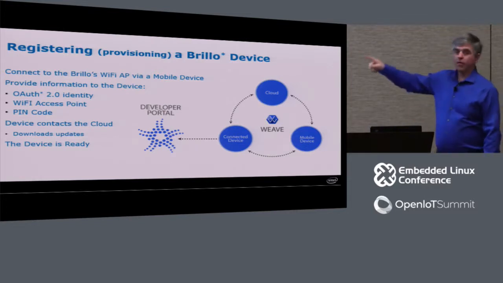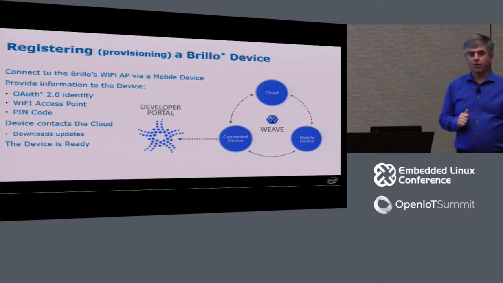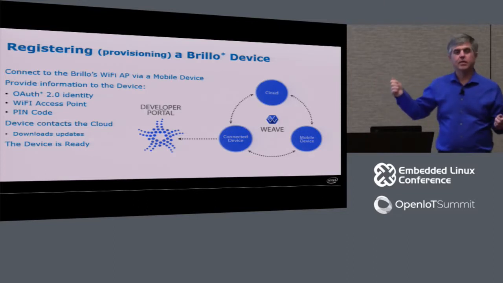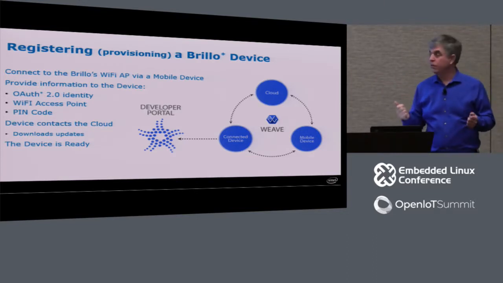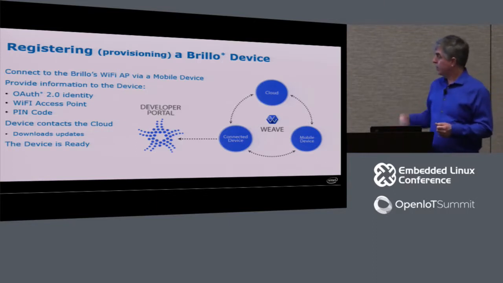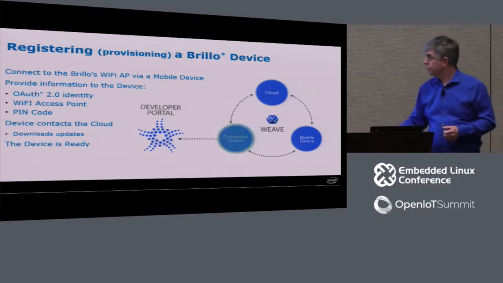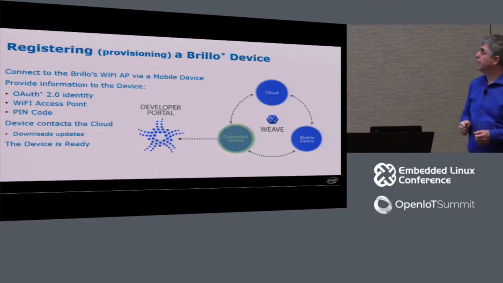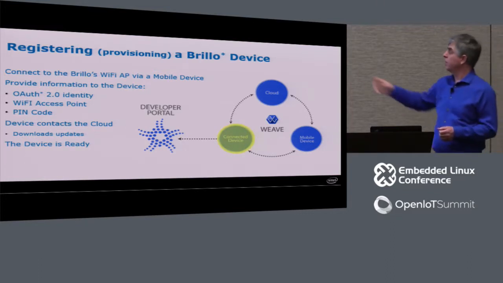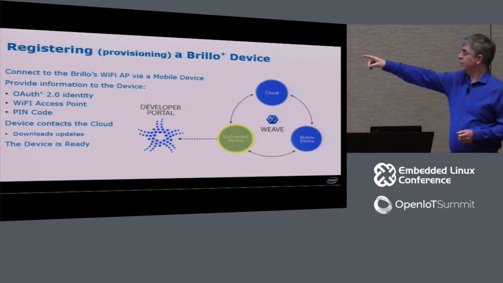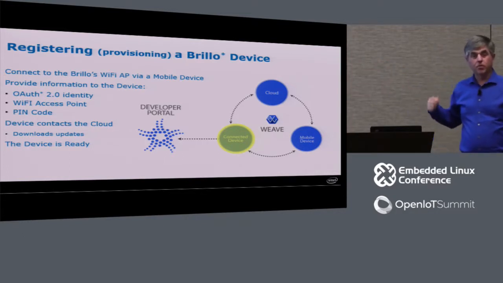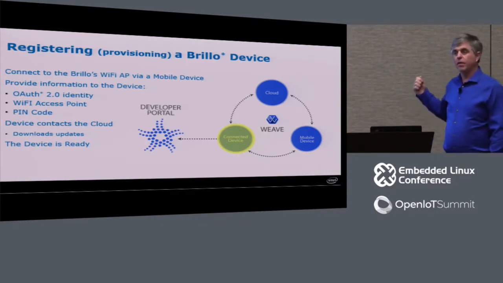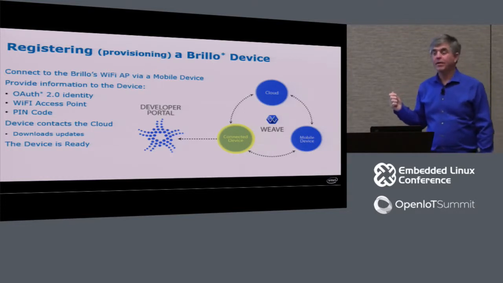Okay, we're going to walk through what it looks like to register a phone with, say, an Edison or a Minnowboard or whatever sort of Brillo device that you have. It starts out, you apply power to your device. And there's your connected device. It's flashing. I don't know if that'll show up on the video. Once it's powered up and it hasn't ever been provisioned or registered with the cloud, and we use those terms interchangeably, and they are a little bit overloaded,